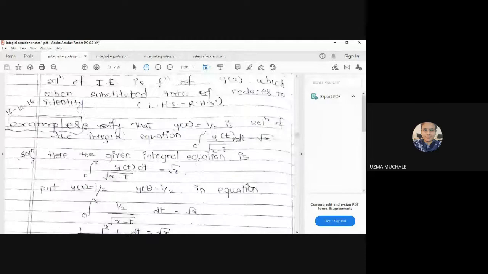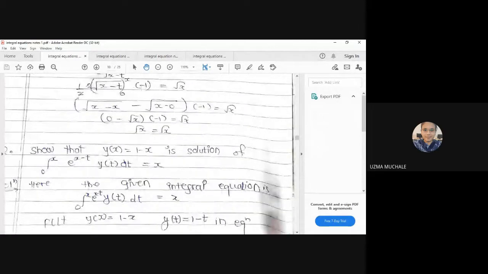Now the next one we have seen is solution. Okay, if any function is given to us, you have to put that function in your given integral equation, and you have to check whether LHS is equal to RHS. If LHS is equal to RHS, then we can say the given function is a solution. If the question is 'show that', then it is okay. But if you are not going to appear for a physical exam, the question may be like this: they will provide the integral equation and ask you to verify which one is a solution. So in the options, they will give you some functions in the form of y(x).